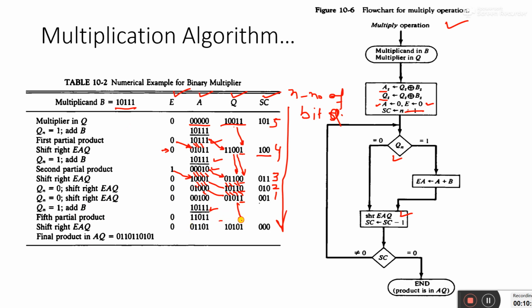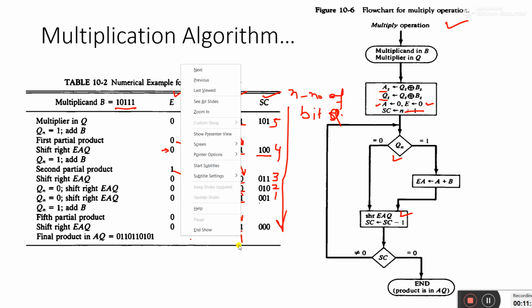So my 1 will be here, my 0 will be here, and then again 1 is here, then 0 is here, then this 1 is here, this 1 is here, and this 0 and this 1 and this 1. Okay, so my result is here now, and I have these 5 bits and 5 bits here. Now I can check whether my answer is correct or not.